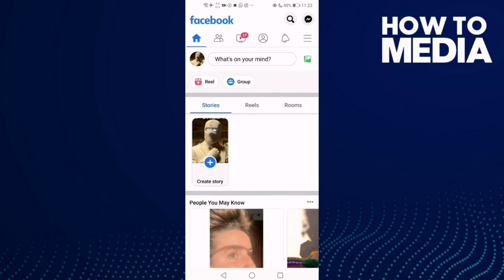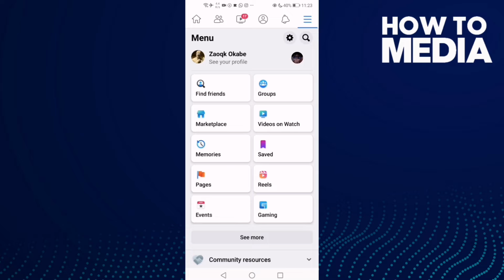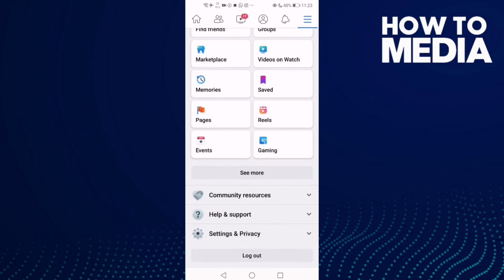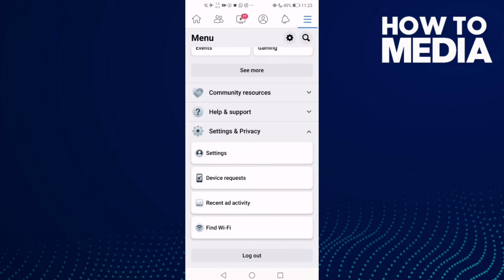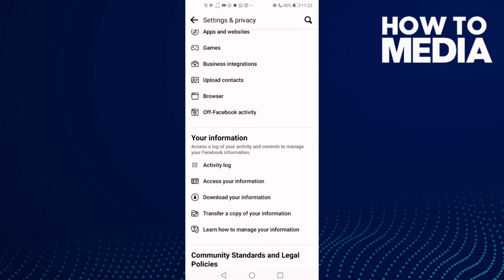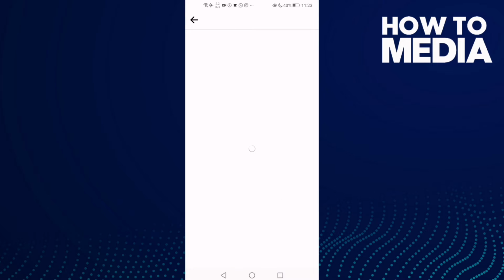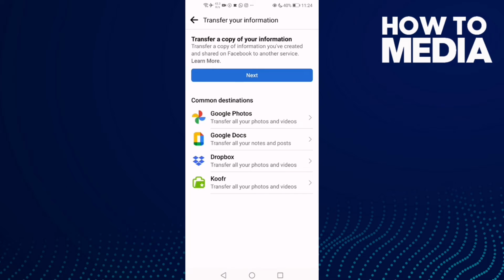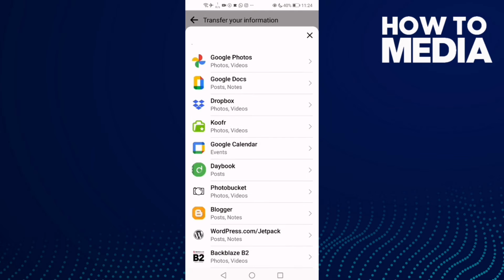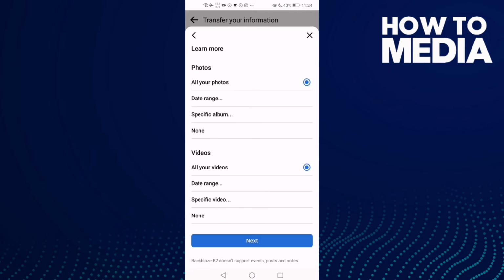First thing, go to Facebook and now click these three lines here in the top corner and go down, click settings and privacy and then settings, and here just go down, click this one, transfer a copy of your information, and now click next, and then click this one, Backblaze B2, and then click go to videos and click none